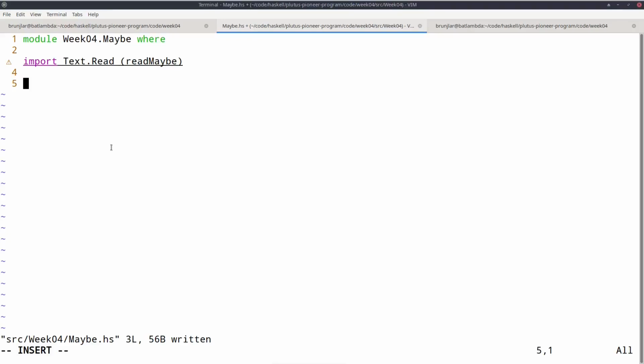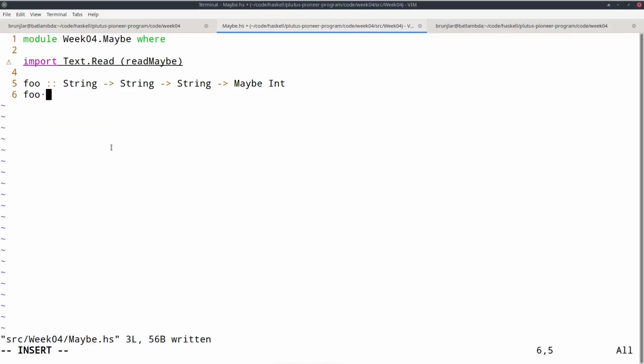I created a new Haskell module called Maybe, and let's say I want to implement a function, doesn't matter, let's call it foo, that takes 3 strings and returns a Maybe Int.